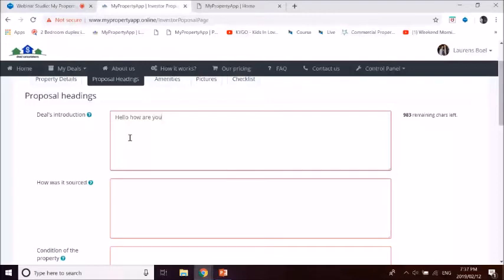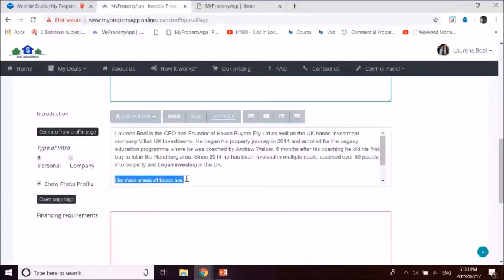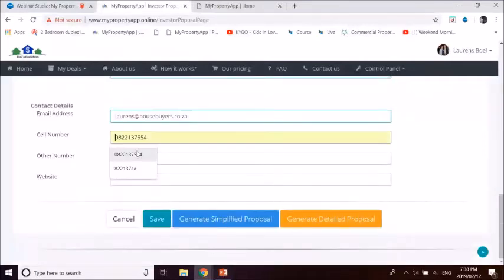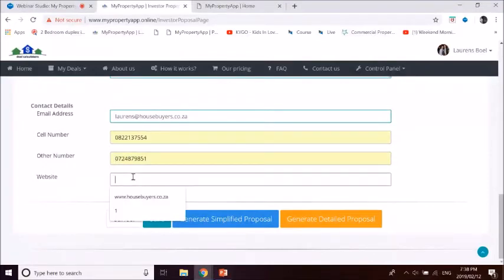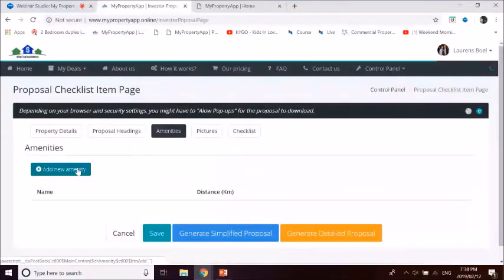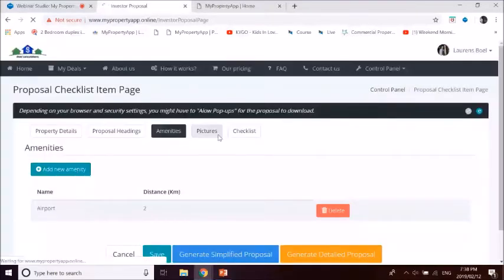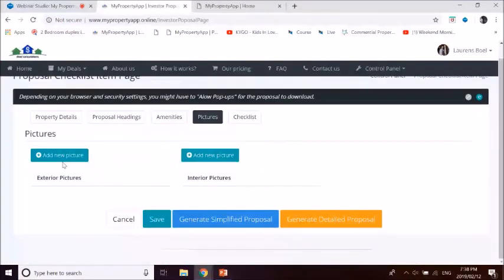Okay, so this is the short proposal. It's 3 pages. It essentially takes your logo, pastes it on the top of the page. There's a section for, let me just zoom in, the introduction of the deal, high-level property value. So just the 5-6 key things that an investor wants to see. The introduction of who you are plus your profile picture, so that you put a face to a name. And then high-level numbers, the buying cost, refurbs, the finance cost, and then the monthly cash flow. And this is really what the investor wants to see: what is the income, all expenses, gives you the cash flow and your return on investment, plus your contact details. So as you can see, once you get used to using this on a regular basis, you can generate an investor proposal in a few minutes.